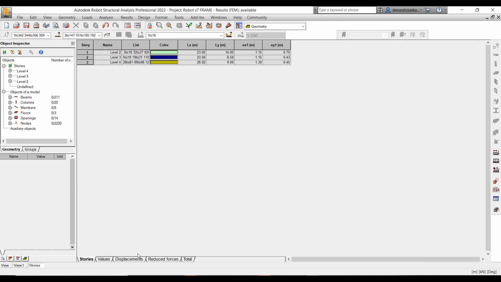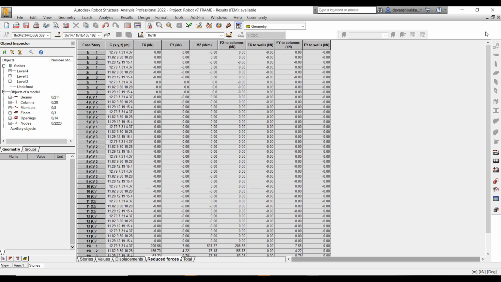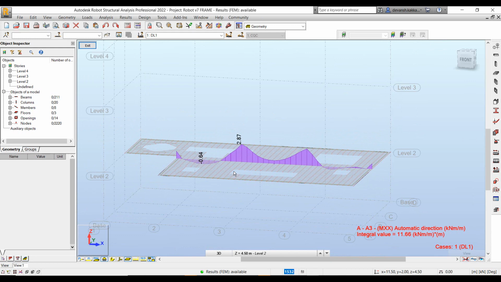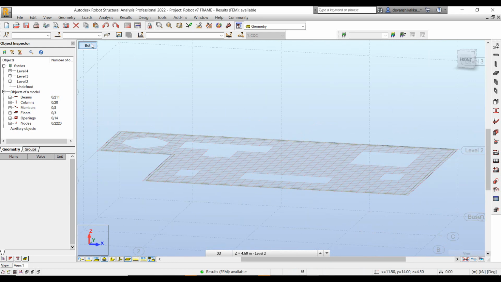Finally, once we have all the results available, we've also done seismic analysis for this particular model, so we can see the story shear forces. In this particular case, you can look at the actual base shear values or the story shear values that have been generated along the x and the y direction. So here we can see a 206 kilonewton shear force along the x and close to 123 kilonewtons along the y, depending on the loads that we've defined.